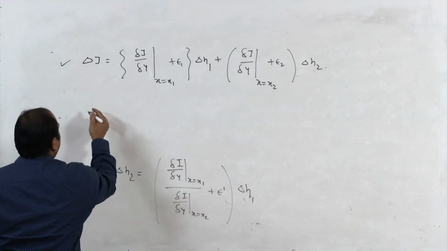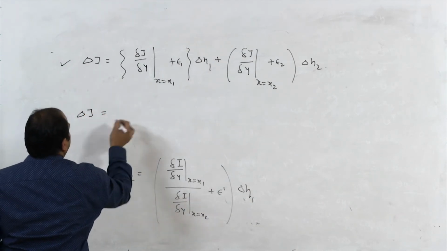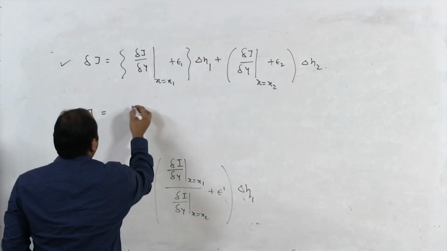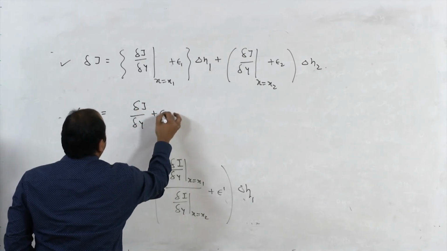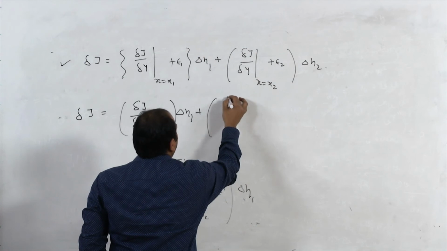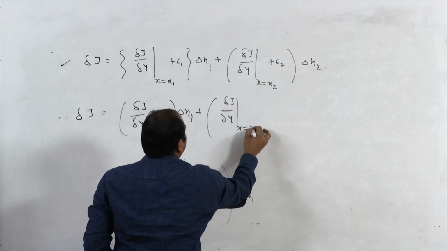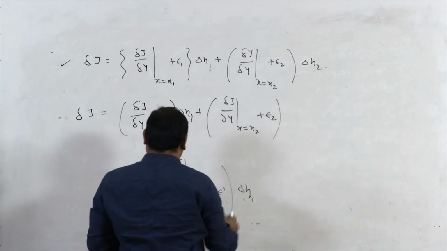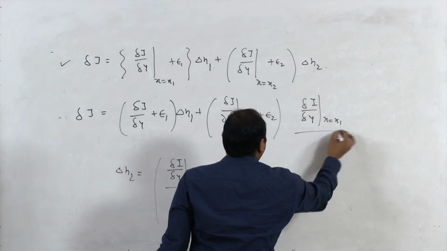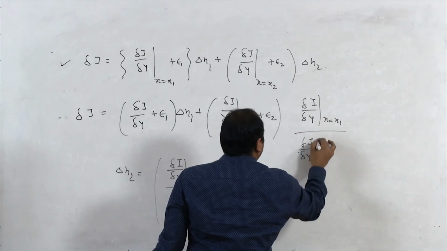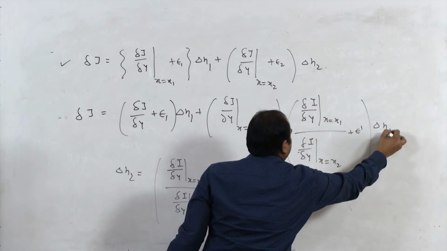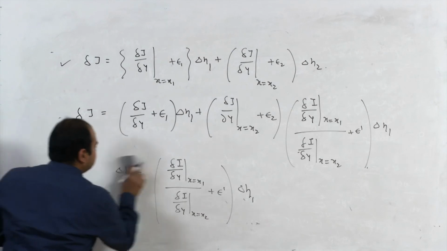So, here you can say that delta j is given as, in fact this is delta j. So, here delta j is equal to delta j upon delta y plus epsilon 1 into delta eta 1, plus delta j by delta y at x equal to x2 plus epsilon 2, and here delta eta 2. I am writing it like this: delta I by delta y at x equal to x1 divided by delta I upon delta y at x equal to x2 plus epsilon dash into delta eta 1. So, when you simplify you can write here